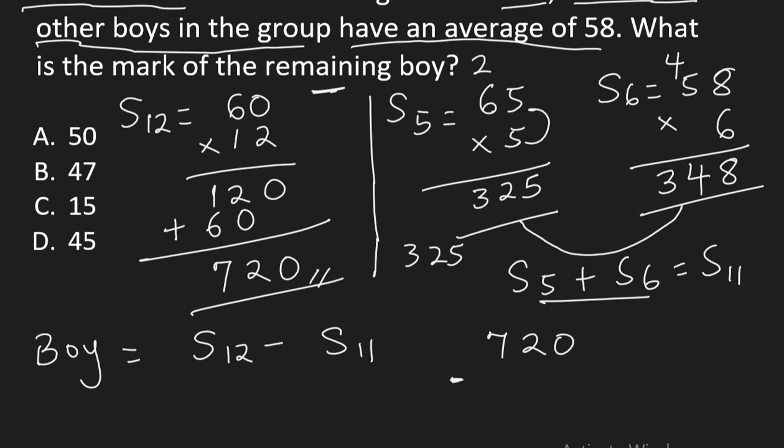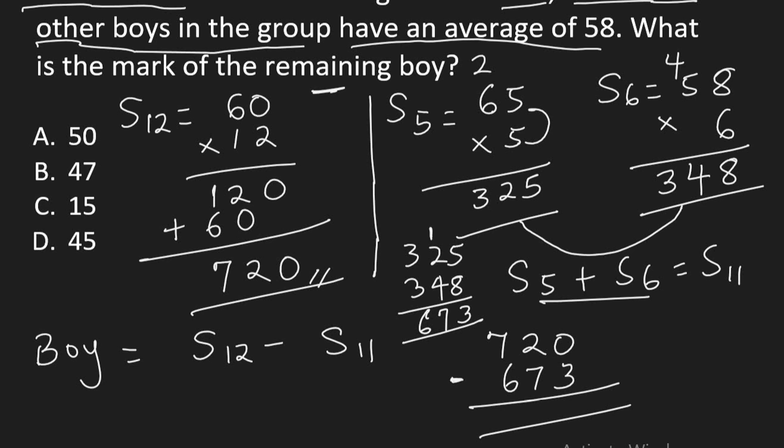Let's add the sum of 5, 3, 4, 8, and the sum of 6. Add them together, you get the sum of 11. Okay? 8 plus 5 is 13, 3, put 1 here. 4 plus 2, 6 plus 1, 7. 3 plus 3, 6. To subtract the sum of 11, which is 6, 7, 3, from the sum of 12, you get